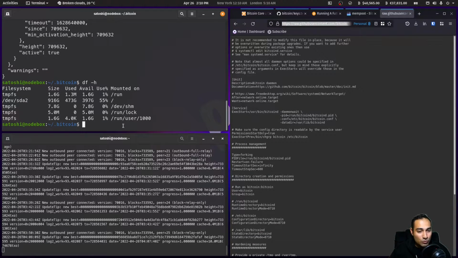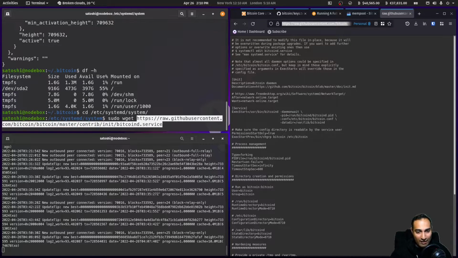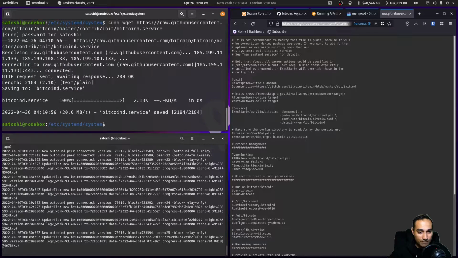And I'm going to grab that in, and I'm going to place that into my systemd directory. So we're going to change directory into /etc/systemd/system. And we're going to sudo wget that link. And the reason that we're doing sudo is because we're outside of our home directory. So let's grab that. And we will need to put in our password. And we will then nano bitcoind.service and edit this file